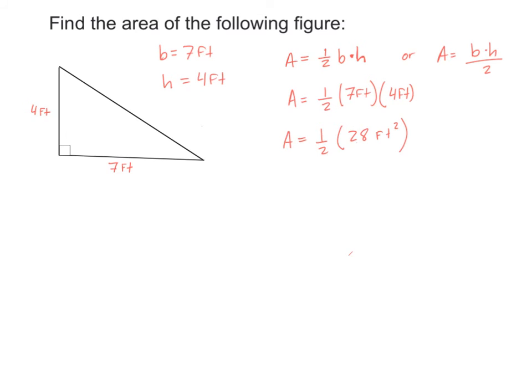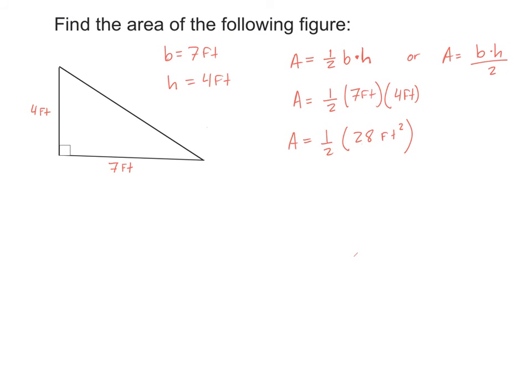Now let's put a 1 underneath the 28. And you can cross cancel. So 2 and 28, that gives you 1 and 14. So your answer is going to be 14 feet squared. Right? The second method, very similar. A equals base times height divided by 2, which is